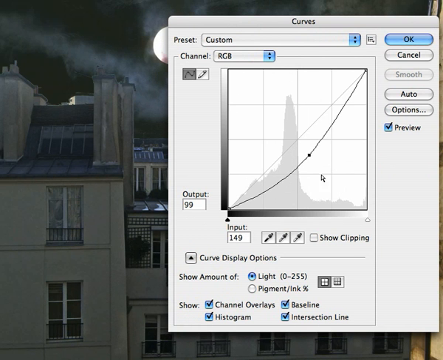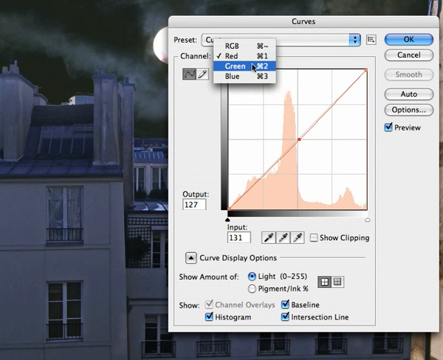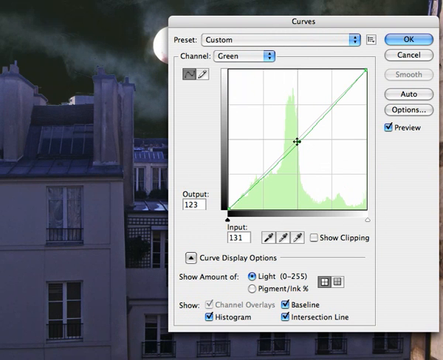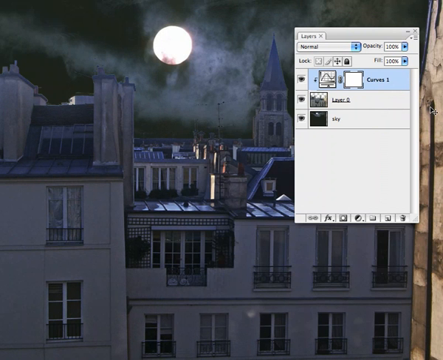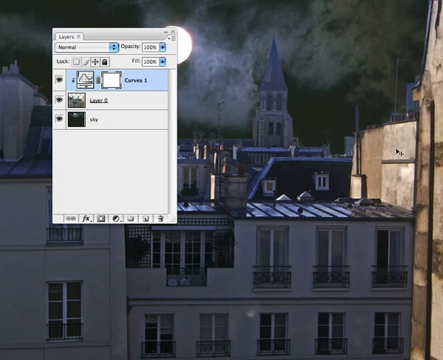It looks a bit muddy, so let's switch to the blue channel and increase the blue slightly. And let's also take out a little red and a little green. There we go. That's not looking too bad, but we can see that the building on the right here is